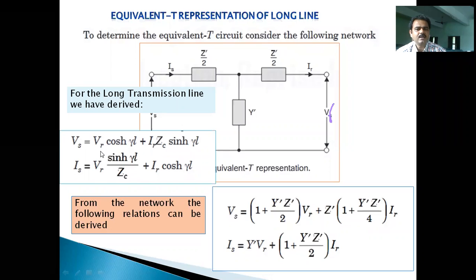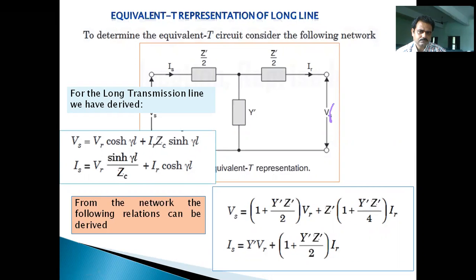So if we compare, Vs is the sending end voltage, Vr is the receiving end voltage, cosh γL is equal to 1 plus Y dash Z dash by 2. Similarly, here the coefficient of IR, the receiving end current, that is Zc into sinh γL, is equal to Z dash into (1 plus Y dash Z dash by 4). So comparing these coefficients and writing the equations, finally,